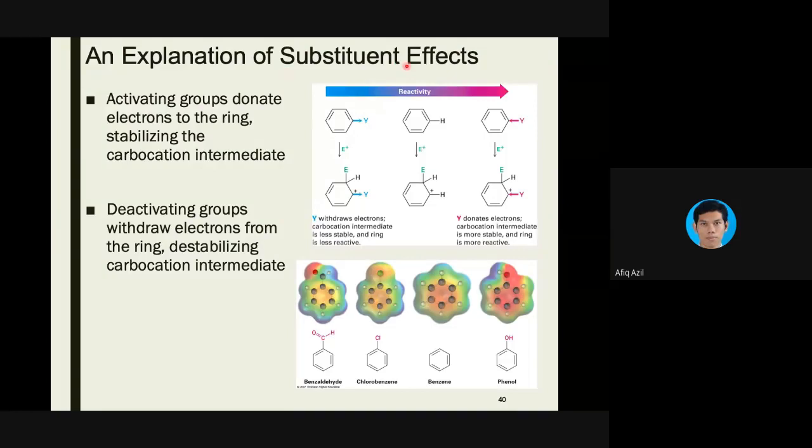So, an explanation of the substituent effect. If you look here, activating groups will donate electrons to the ring, thus stabilizing the carbocation intermediate. If you see any group or substituent donating electrons into the ring, it will make the ring more active. When it becomes more active, the reactivity of the reaction will be higher. But deactivating groups withdraw electrons, so it will take electrons from the ring. Remember the ring is electron rich. If you give the ring more electrons, it will become more active. But if you take away the electrons,